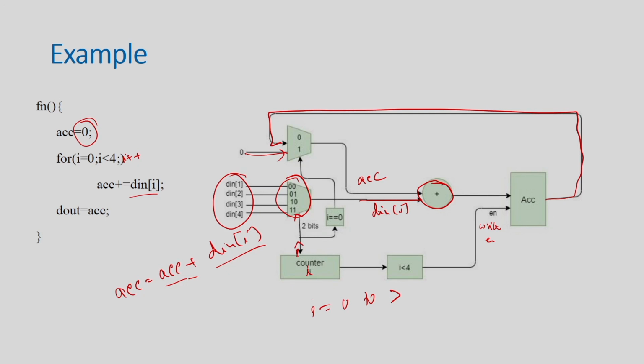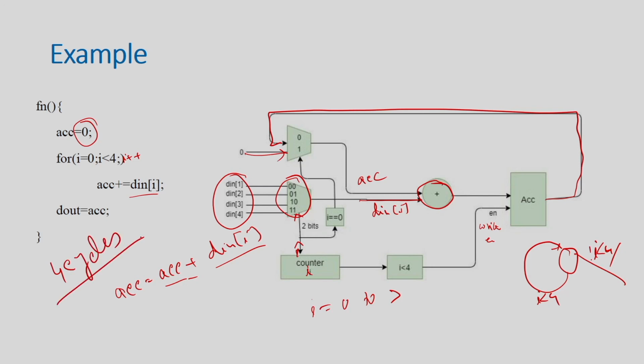So, this is how I am going to execute the behavior in the hardware. Okay. And you can understand that this is basically a single loop operation, and it is basically looping here, right. So, for I less than 4, and once it is not, I will go to the rest of the thing, right. So, this is how I can actually store when I execute this, and since there are 4 operations, you need 4 cycles, right. So, you need 4 cycles to execute this.